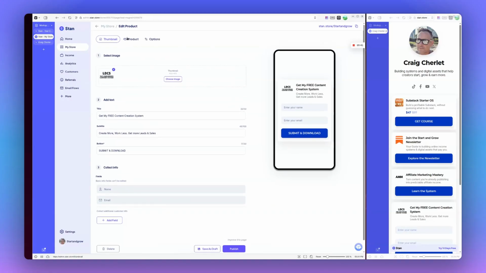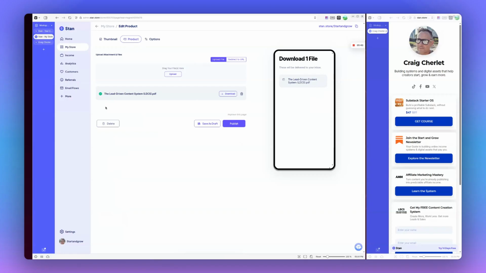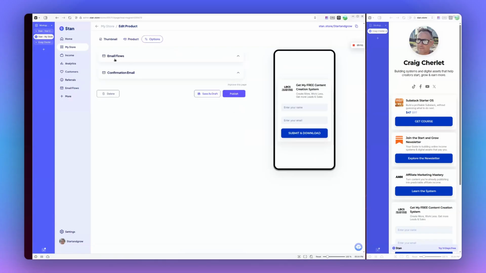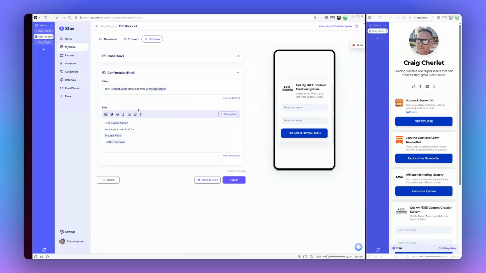And then the simple thing, if you go up here, you can deliver that product. So here's the PDF of that system, which allows them to download it. And here's the experience you see of them receiving that product. There's other options like email flows that you can add to this, so if you want to follow up, and then a confirmation email as well, which you can customize to thank them for downloading this, redirect them to maybe the newsletter,